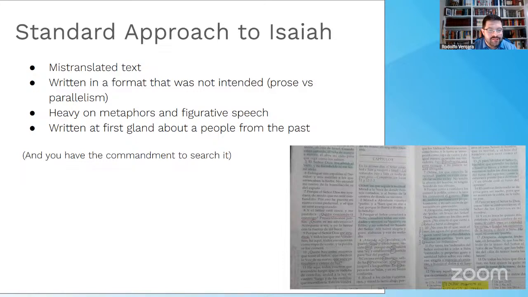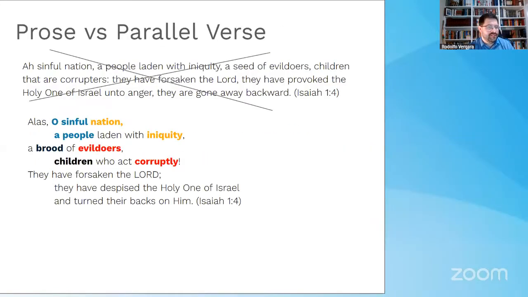And then at first glance, when I was reading it, it was about a people that, to me, I don't know anything about Moab or Assyria or Aram or Syria. Who are these places, right? So I always faced this cognitive dissonance. It was not like reading something else, which was very easy to read, more linear, and so forth. And then I realized over time I have to break down Isaiah into lines, and then things start making more sense, actually. And then I learned later that that was the way it was written, which is called parallelism.